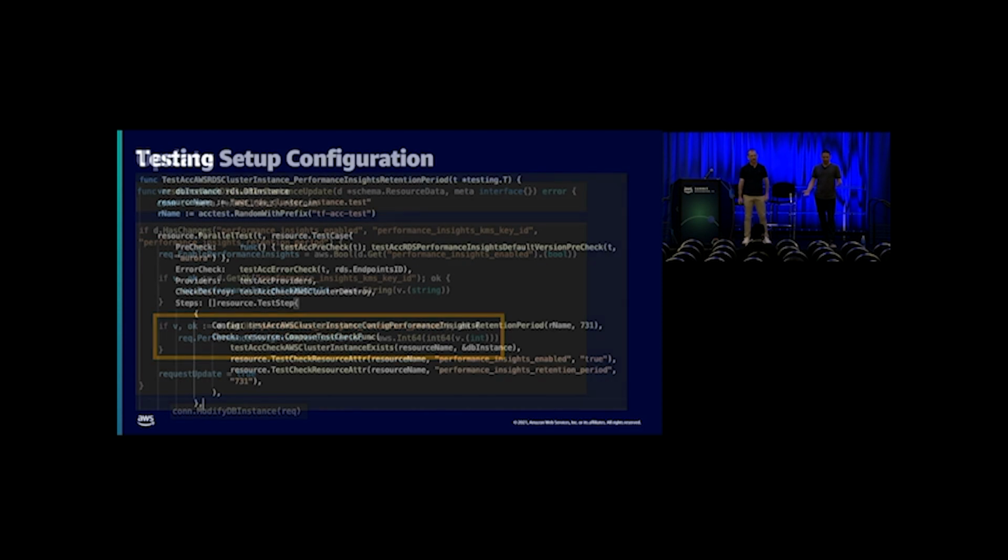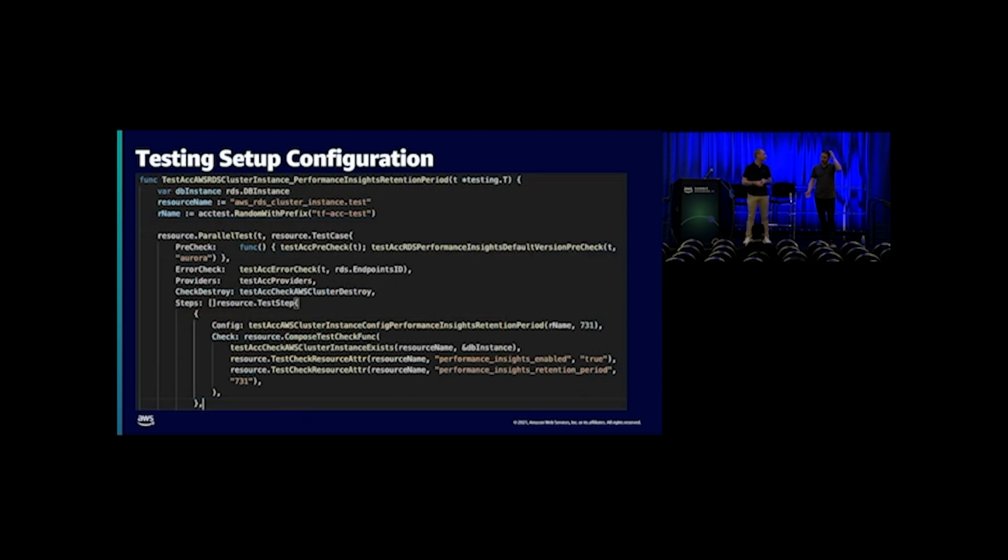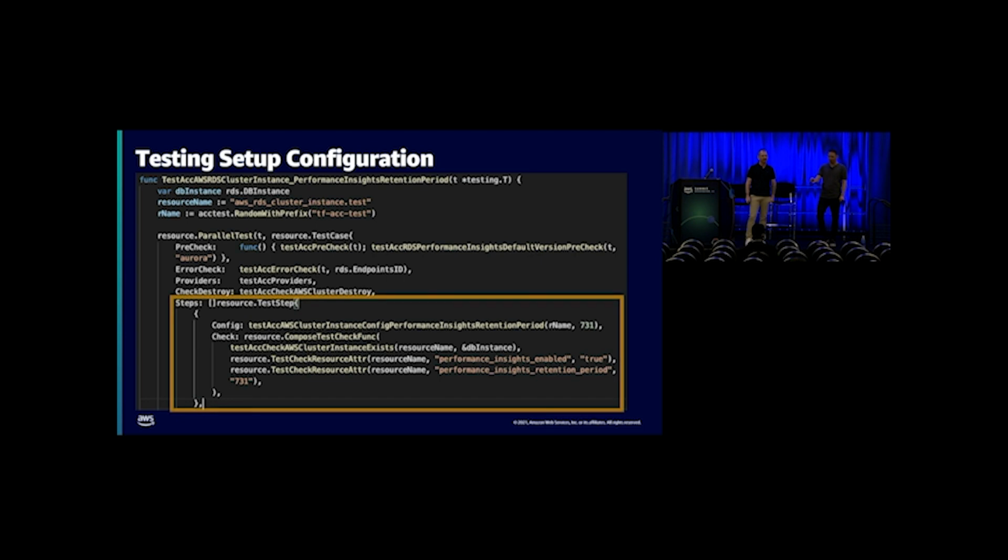All right, so we've talked a lot about acceptance tests, but what do those look like? In my opinion, this was the most intimidating part of getting started, but I want to try and boil it down to the simplest things here. Each acceptance test file can have several tests, and those tests can have several steps. These steps are the meat of where you're going to write your code. Each of these steps basically performs, or gives you the option to perform, create test, then it can delete or it can leave it for future steps as well.